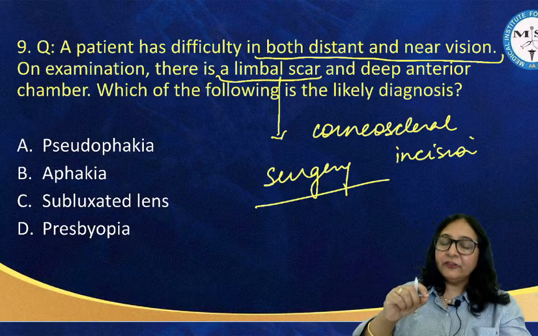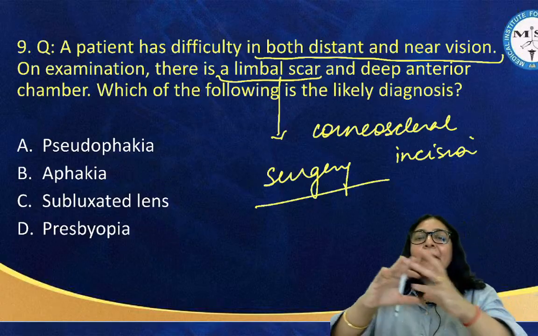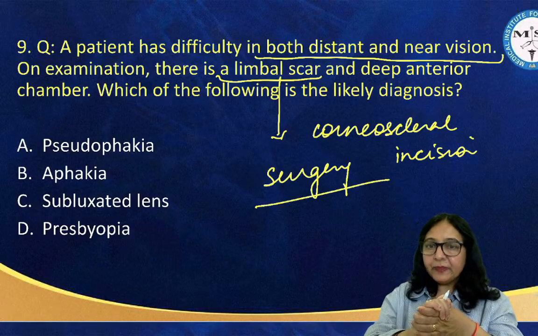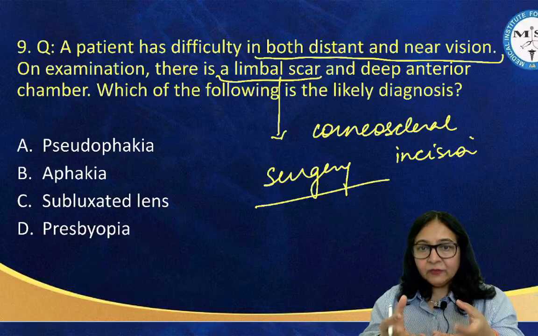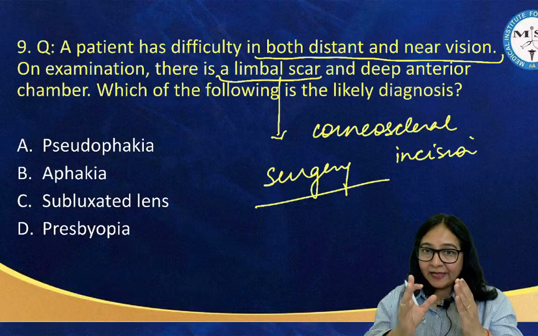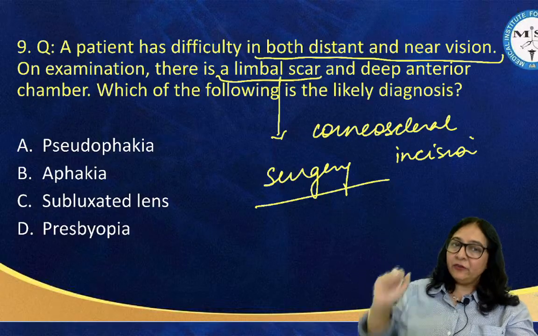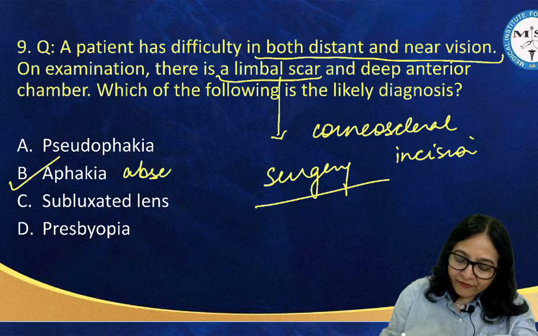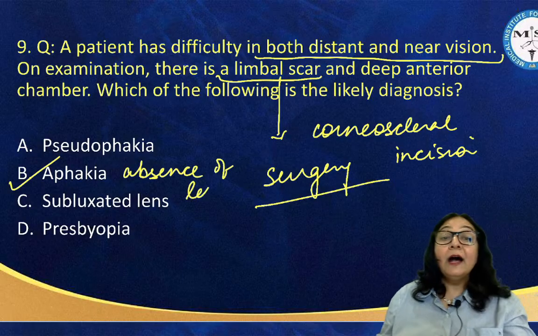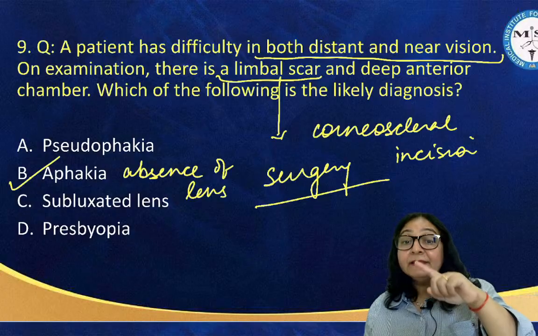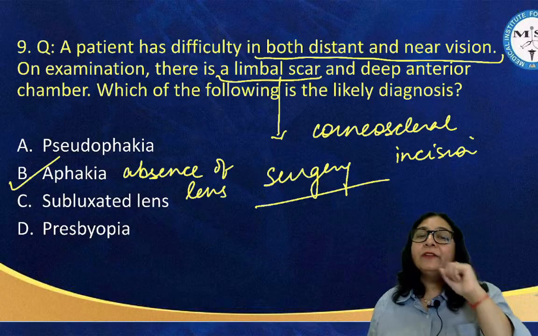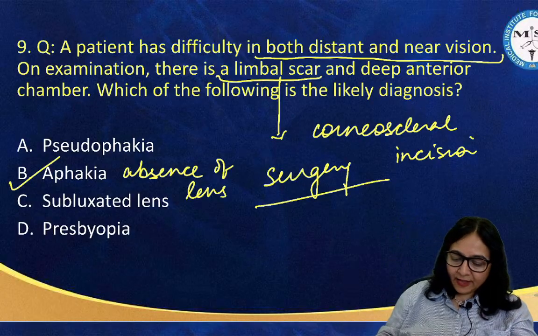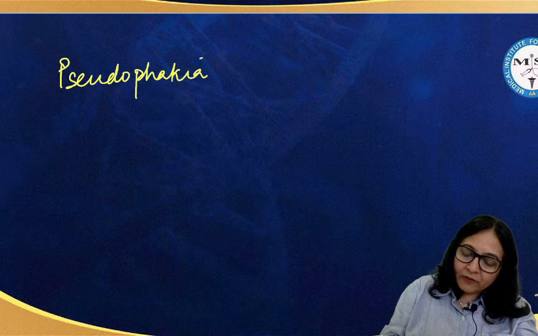Okay, post surgery, पोस्ट कैटरैक्ट सर्जरी, आपने नेचुरल लेंस रिमूव कर दिया, नया लेंस डाला नहीं, so there is absence of the lens in the eye, so that will lead to this kind of scenario, and the absence of the lens in the eye is called aphakia. ठीक है जी. If you put artificial lens, that is the lens implant, then that is called pseudophakia. So pseudophakia, the person who has pseudophakia or artificial lens, or you can say lens implant, what we call as